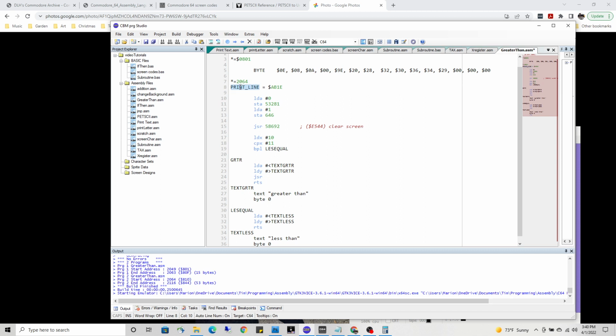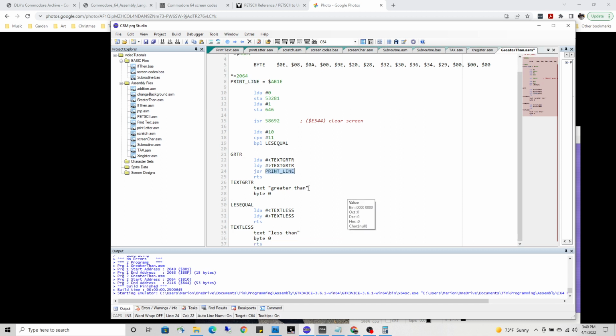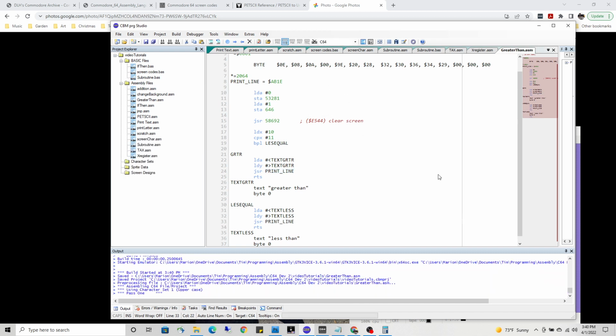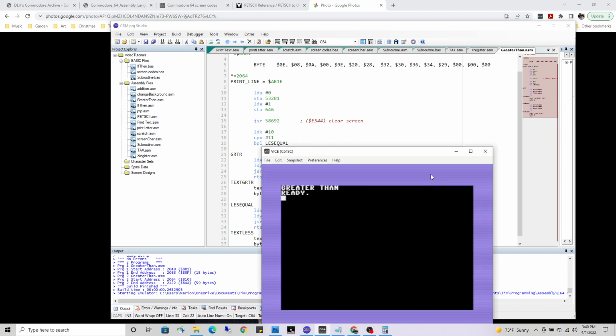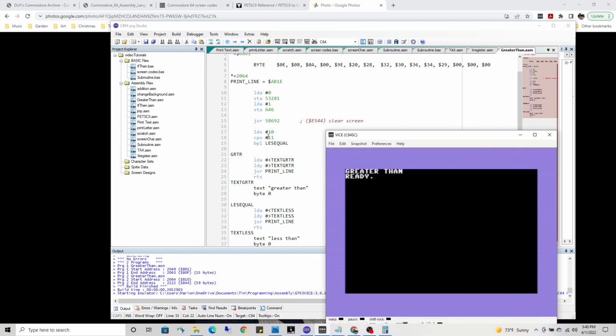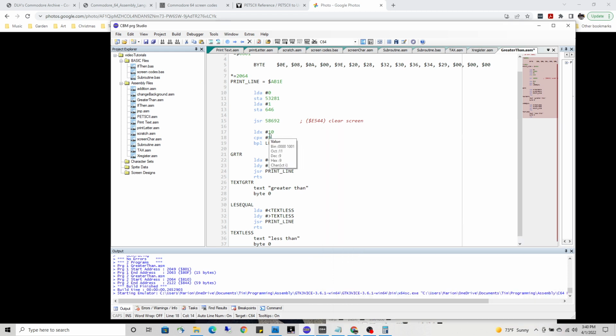So now I can Control Shift drag that down here. Let me just copy that entire line, I guess. Here, copy that, and here, print. Okay, so now let's see what we got. Greater than. So this value is greater than that value, right? So now if I put a 9 here,